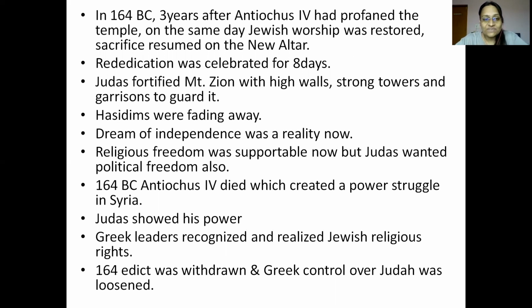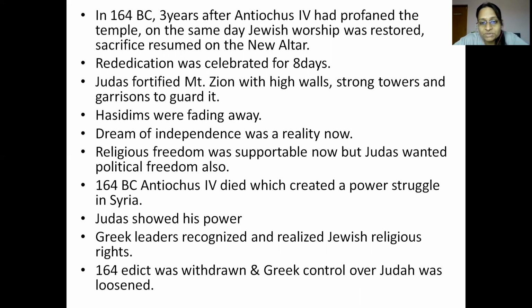Okay, so they were satisfied, and because of that, their revolts and upsurgings were now fading away. They were content and relaxed and satisfied because now they were allowed to perform their religious rites. So the dream had now become a reality, because now they are able to worship with freedom.